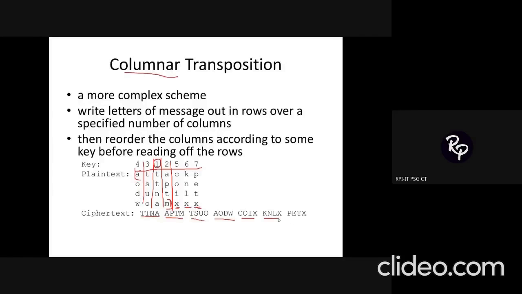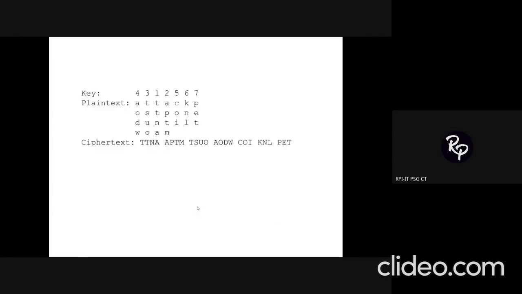The same example I have taken: attack postponed until 2 a.m. In the previous one, I added 3 fillers X at the end in order to make the matrix a complete one. For the very same example, without using fillers, what will be the change in your ciphertext? Without fillers means only for the last 3 positions, I'll be ignoring the character X. Other than that, the procedure is the same: write it in a row-wise manner and read it in a column-wise manner.